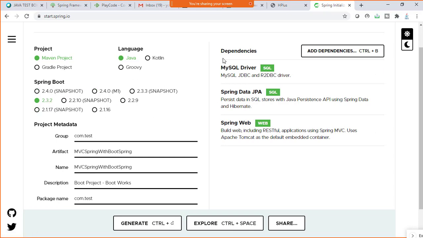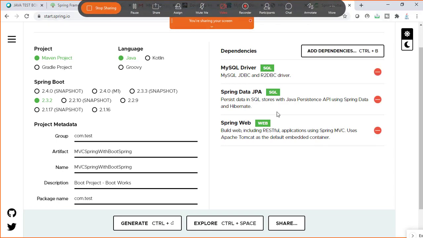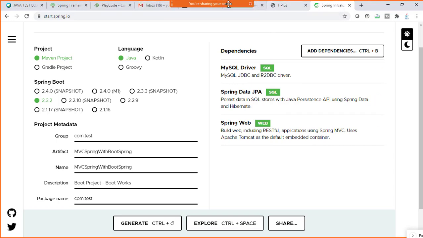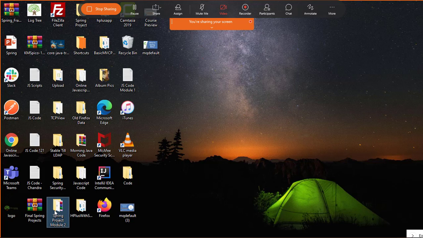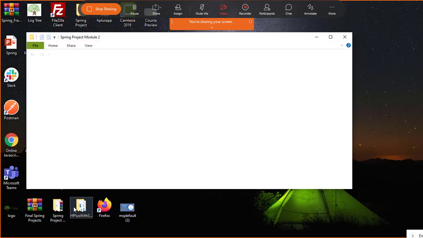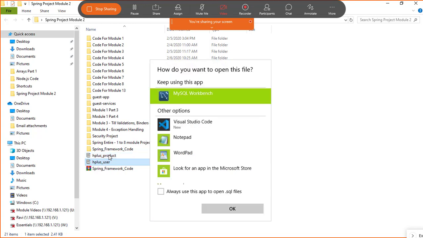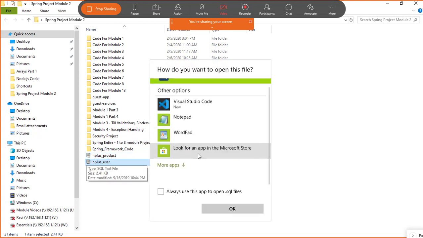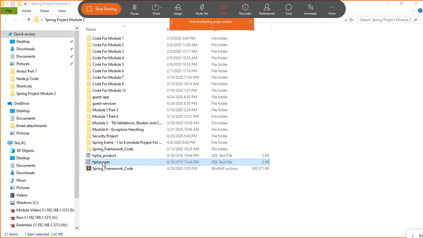But one thing you need to make sure: please make sure you have MySQL downloaded. And you need to remember four things: port number, URL, username and password that you need to connect to the database. And through the download code folder, we have also given you the query to create the database, the queries to create tables, and to add records in the tables. We have given you all that, right? So the user table, product table, all the queries are given to you.